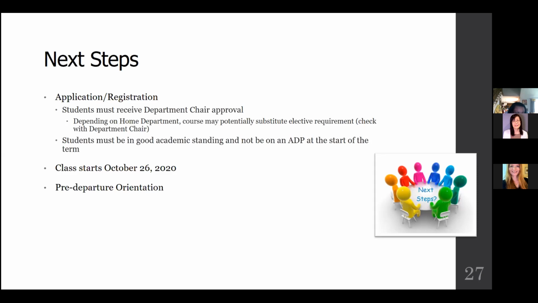You definitely want to do that, or check with your academic advisor. Of course, students must be in good academic standing and not be on an ADP at the start of the term. And as I mentioned earlier, class starts October 26th, and it begins with a pre-departure orientation. As I said earlier, Cindy will go into more details about all of that.